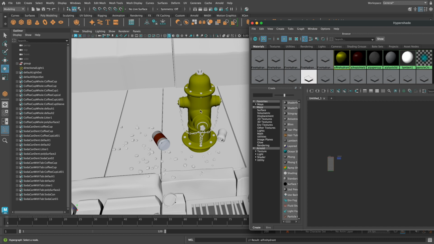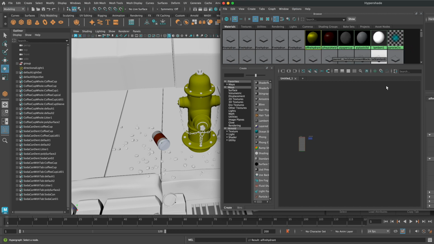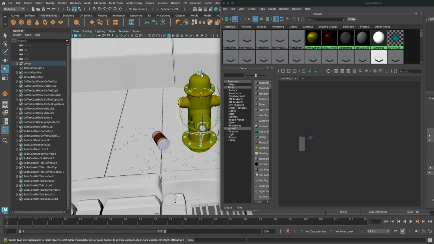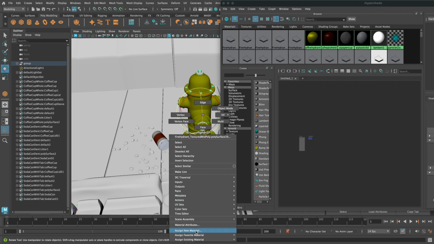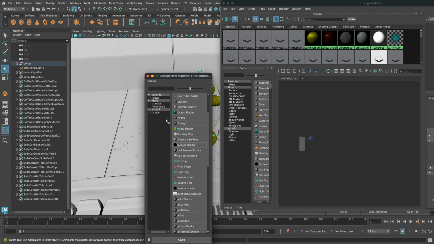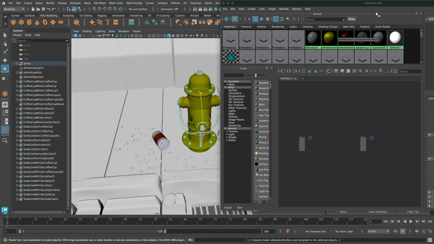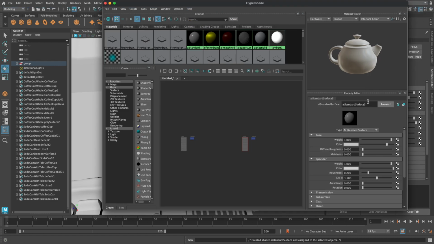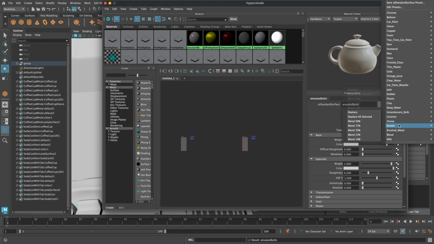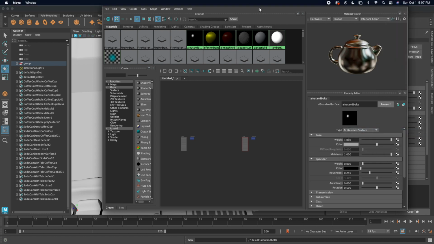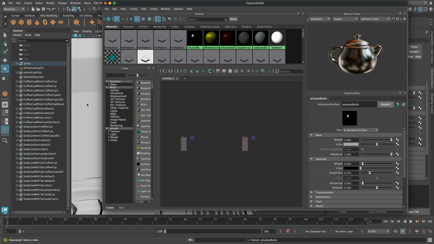Because I had assigned it that way, it was updating things in real time. I assigned it that AI shader, and then I opened the Hypershade, and then I started manipulating it here, right? So same thing. All these little screws are one object. I'm going to assign new material, and we'll do Arnold Shader, Standard Surface. Okay, and then here, we'll call these nuts and bolts. And here I'll do brushed metal. Okay, and then we can see if I move this window out of the way,